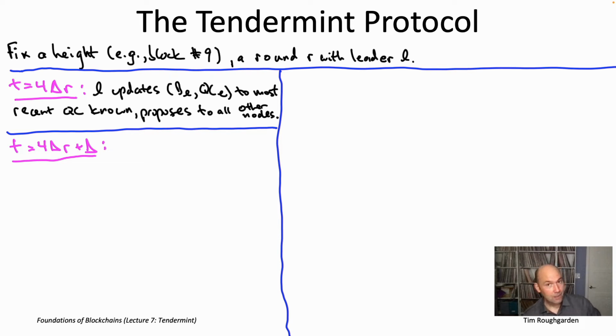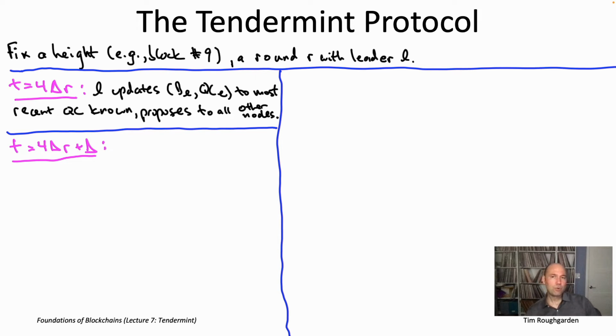And it may not, because the leader happens to be Byzantine and decided to not send that node a message. It also may happen if we're pre-global stabilization time and we're having message delays that are bigger than delta. So it's totally possible that an honest node I doesn't hear anything from the leader of that round by this time, in which case it's not going to cast a vote. Similarly, if there's something malformed about the vote that node I receives from the leader, it's just going to ignore it, like if it's missing a signature or something like that.